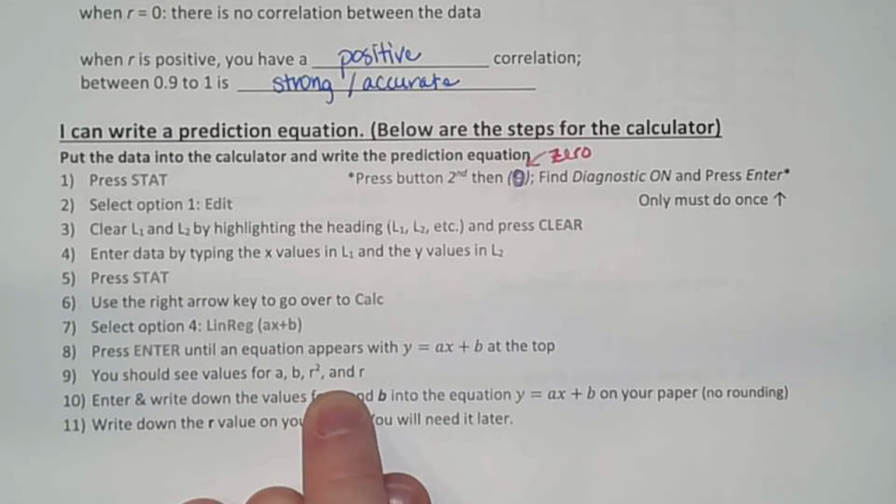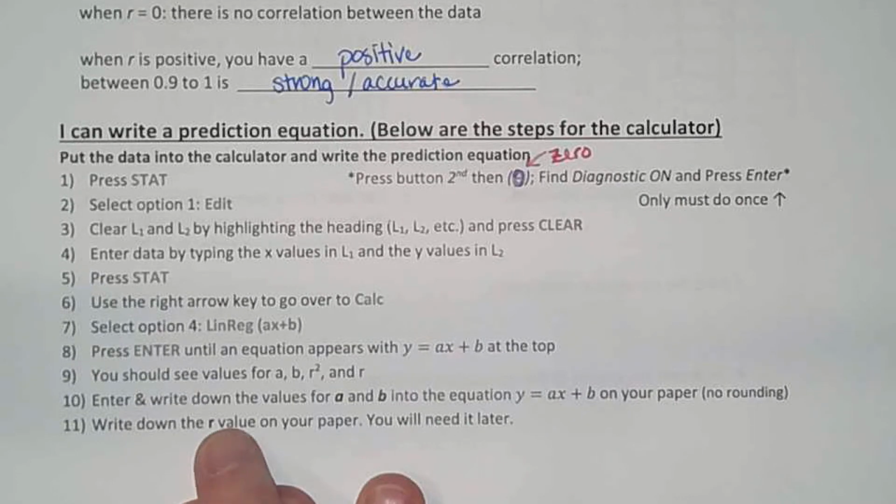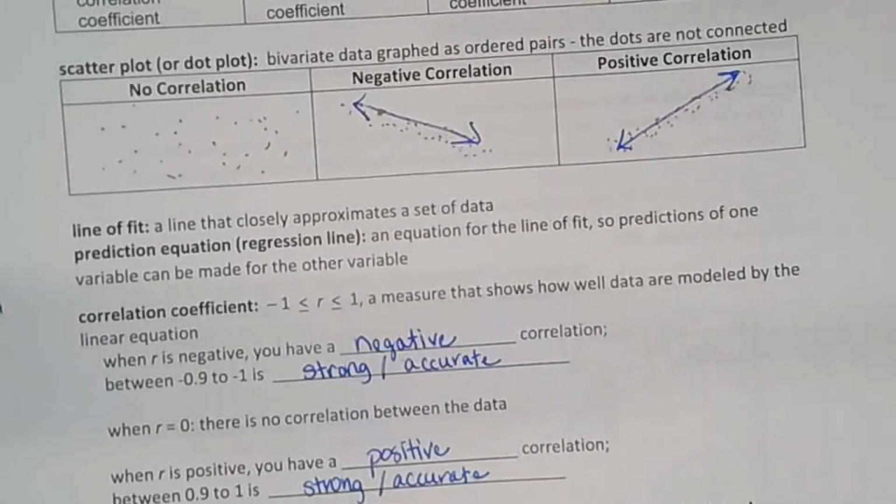Make sure what we see. You better get R squared and R. If you don't get R squared and R, then you did not do the diagnostic on. We're going to write the equation down, and we're going to write the R value down. After that, and I'm going to walk through this, I promise. After that,